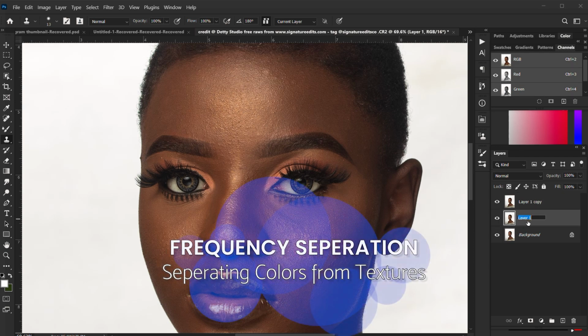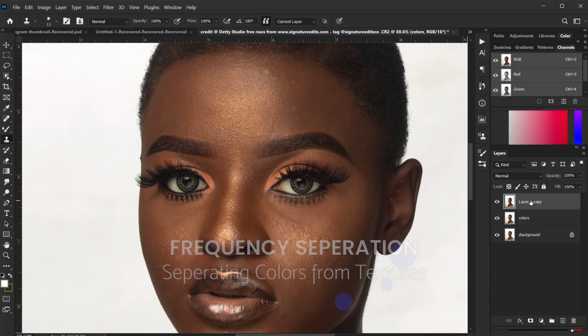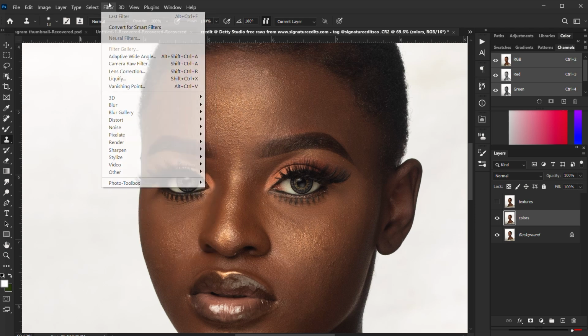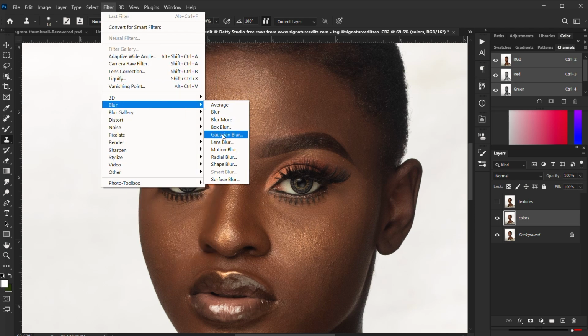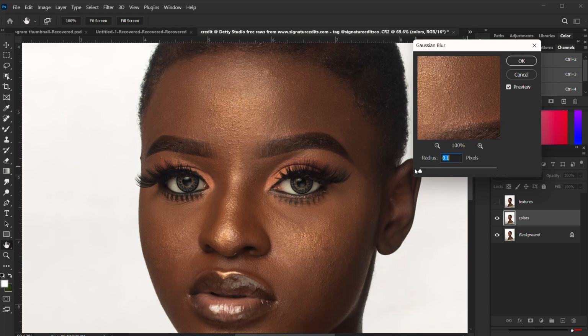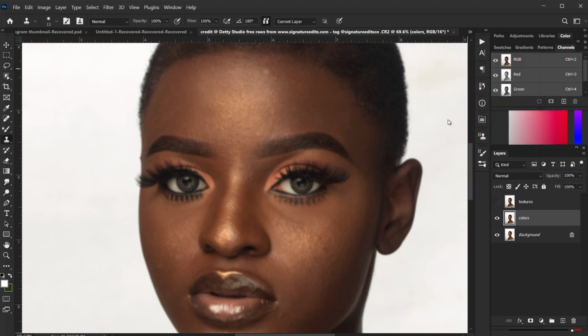Now we're moving to the next step, which is frequency separation. We're going to name the up layer textures and the down layer colors. Go ahead, disable the up layer, and go to Filter, Blur, Gaussian Blur. If you go for a higher radius, you have less blurriness during mixing. If you go for a lesser radius, like 1 to 5 pixels, you have more blurriness during mixing. In this case, I'm going with 10 pixels right here, and I hit OK. Activate the second layer, go to Image,